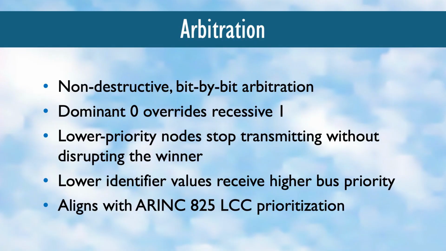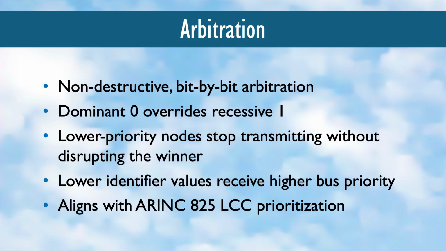CAN uses non-destructive bitwise arbitration. Every node reads back the bus as it transmits. A 0, dominant, always overrides a 1, recessive, on the wire. When two nodes transmit simultaneously, a node that sent a 1 but reads back a 0 knows a higher priority message is being transmitted and immediately stops, without corrupting the winning message. Arbitration resolves in real time, bit by bit. Because lower numbered identifiers contain more leading zeros, they win arbitration and receive higher bus priority, aligning perfectly with ARINC-825's